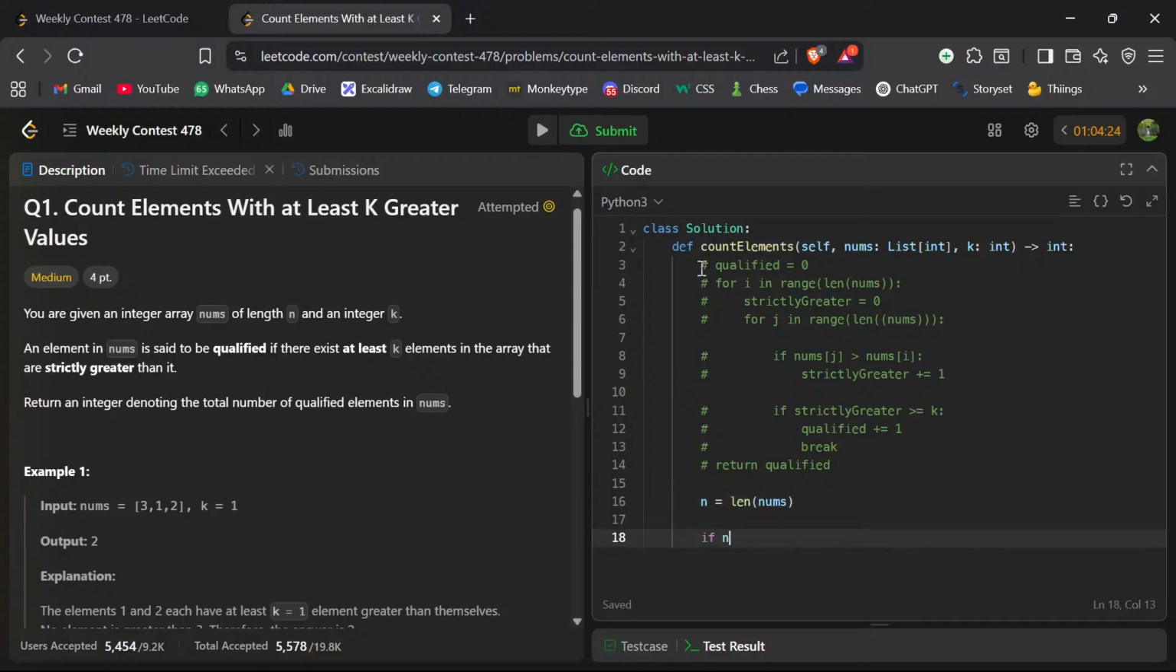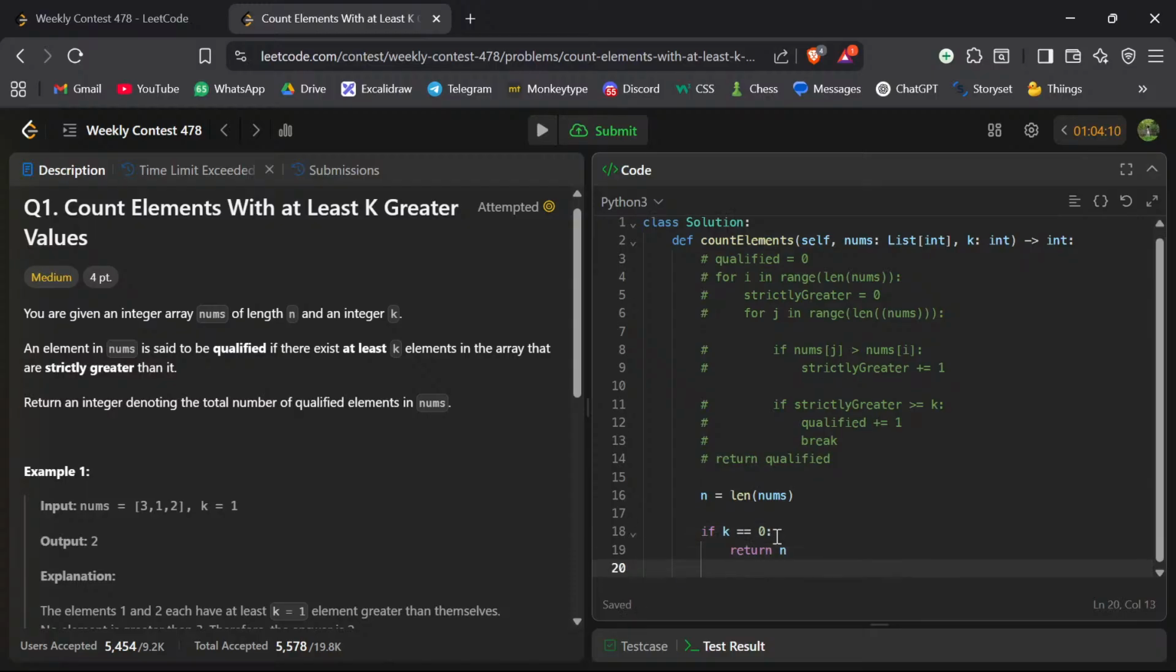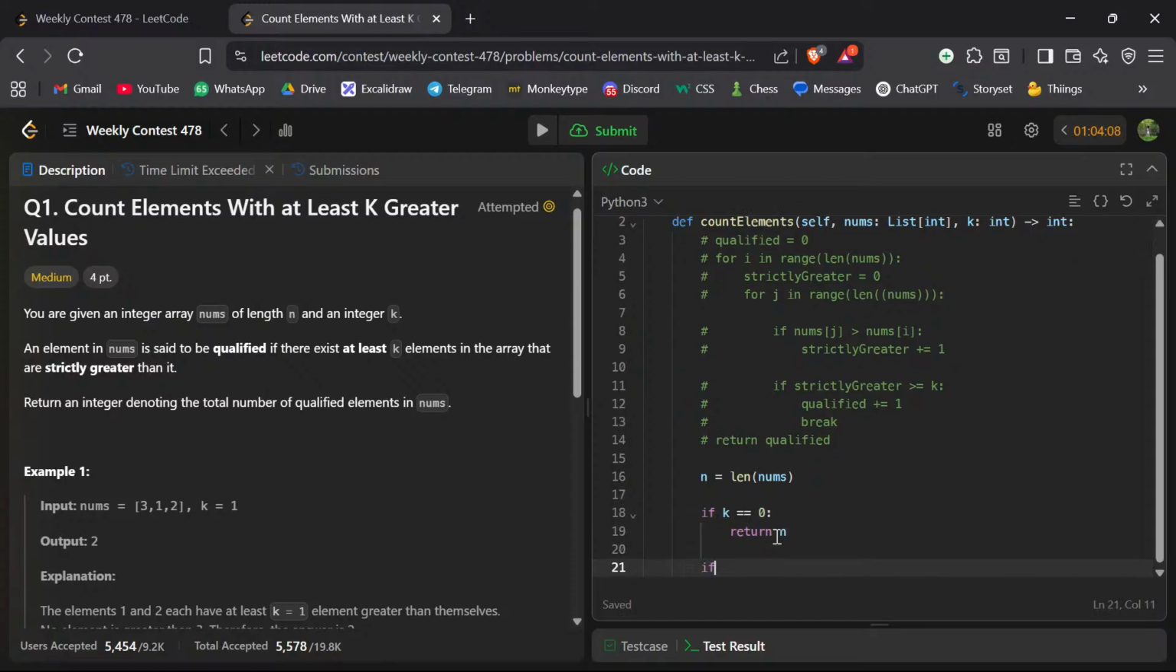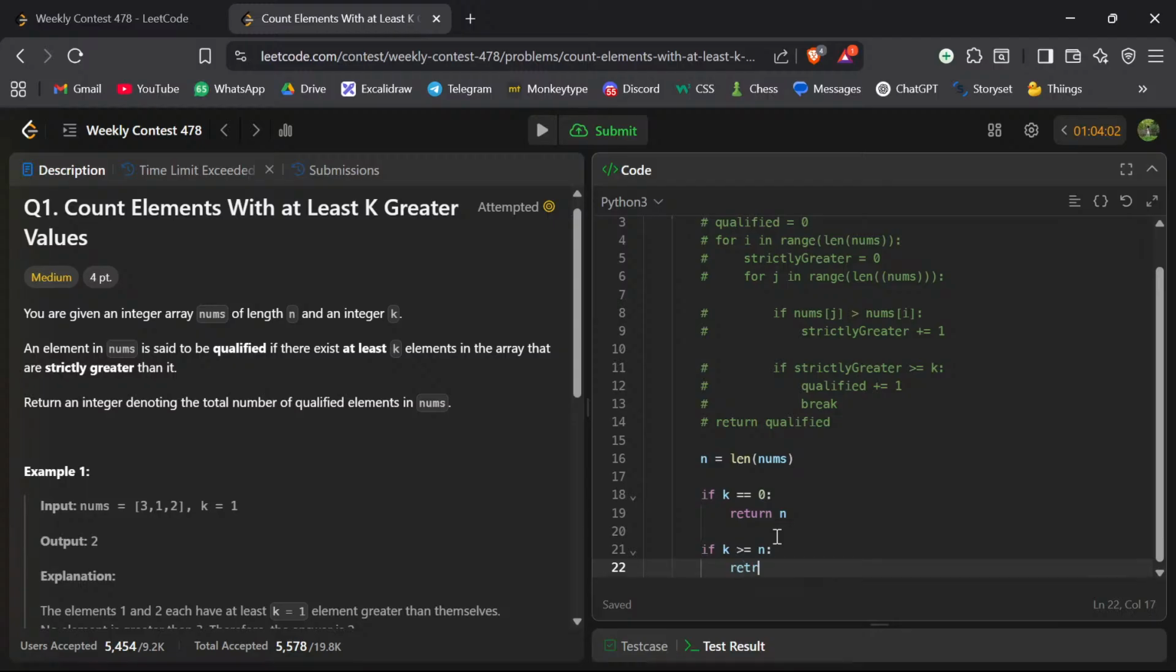So if k equals 0, return n. We are returning the complete length of the array, which will be our solution. And if k is greater than or equal to n, we are returning 0,